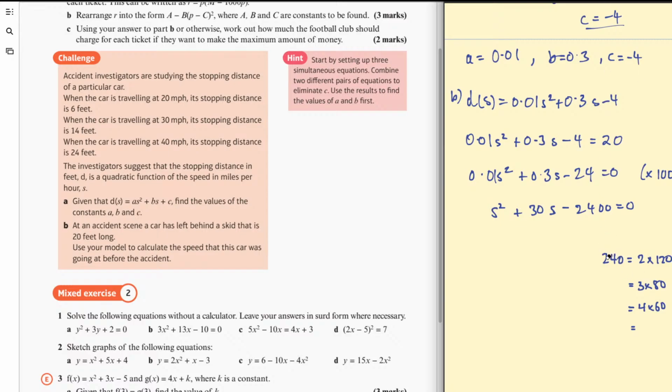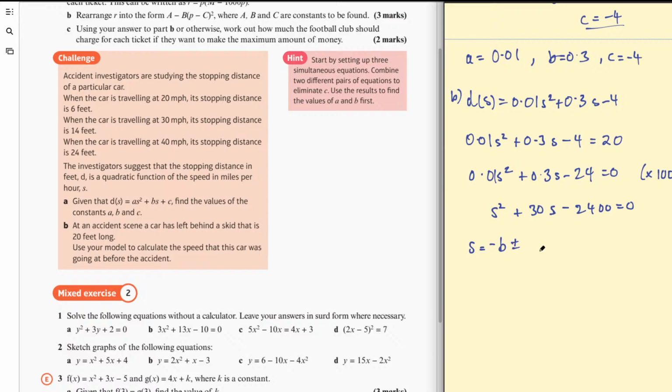I'm not sure. Maybe you can factorize, but I am just going to stick it into the quadratic formula for now,